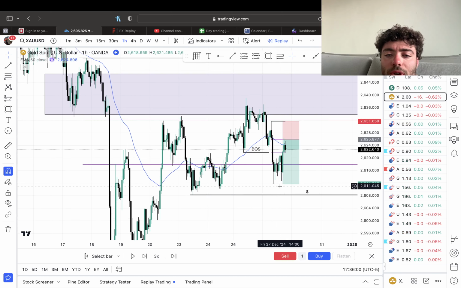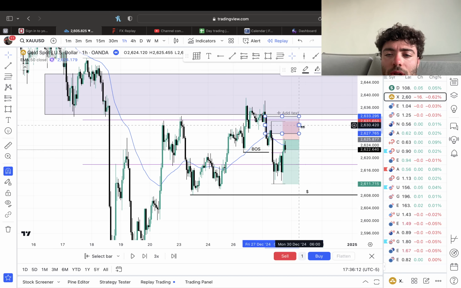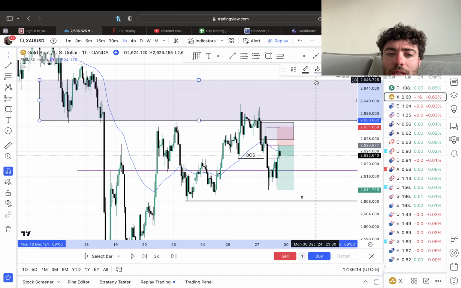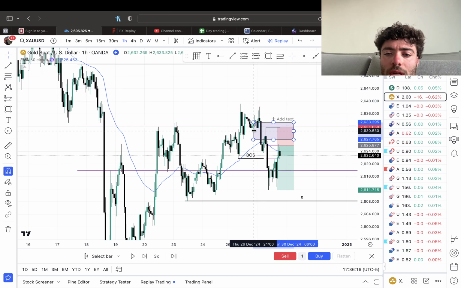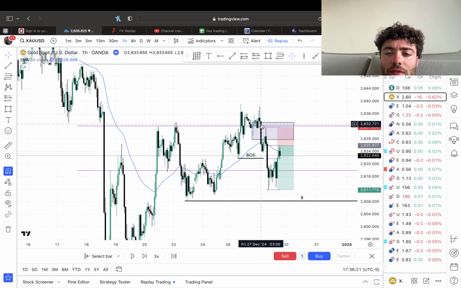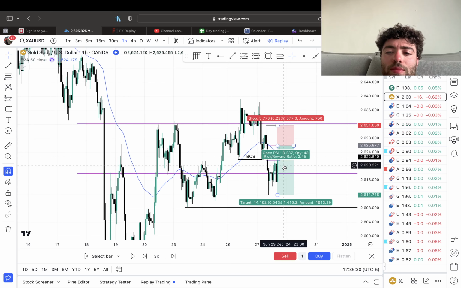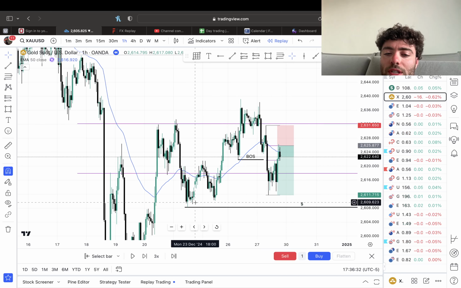So I see price break structure. I see this high and this high. Now this is what people get kind of confused on, right? But the way I do it, what I'm drawing out is this purple rectangle box represents imbalance. So we see this bearish fair value gap, then we see this high, we fill this imbalance, and we also touch this order block, right? So I'm going to use that high because if we're truly bearish and going for these lows, there's no